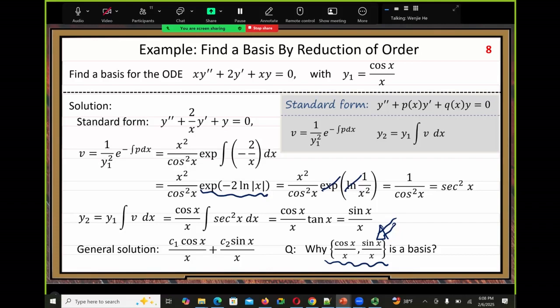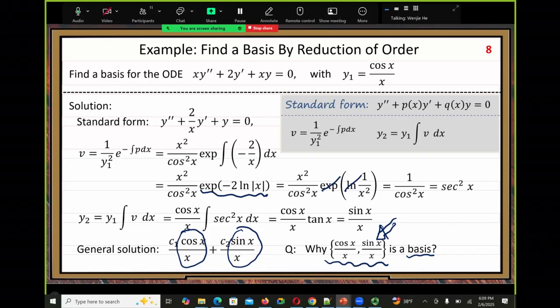After we get the two solutions, y1, y2, I ask this question: why do these two solutions y1, y2 form a basis? We have a simple method. Remember in class we talked about a simple method we can use to see if y1, y2